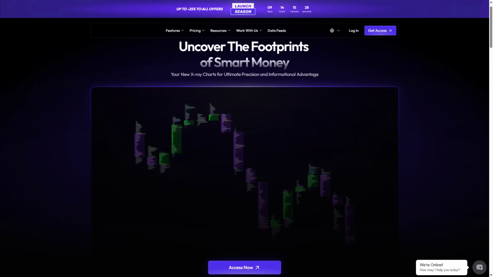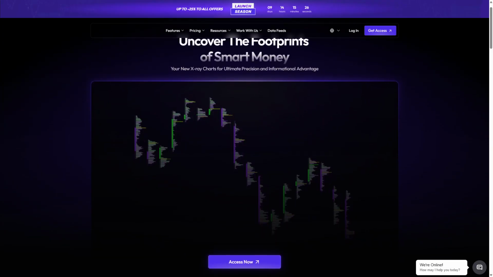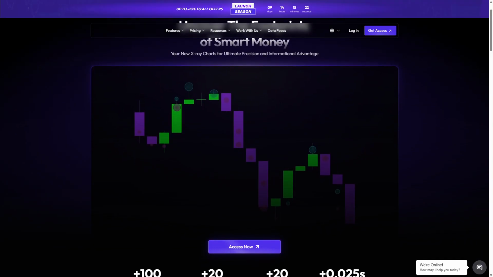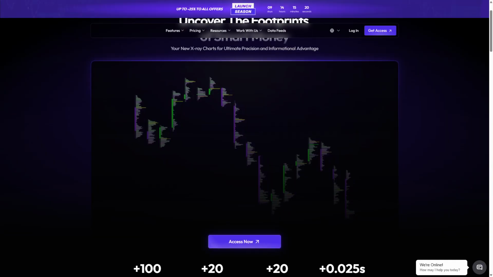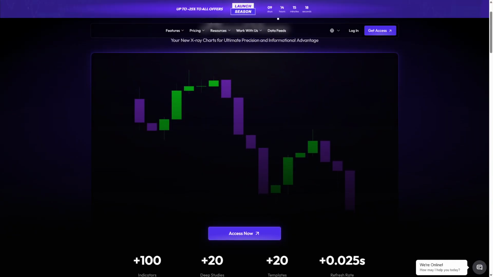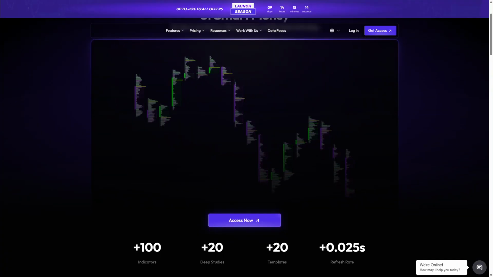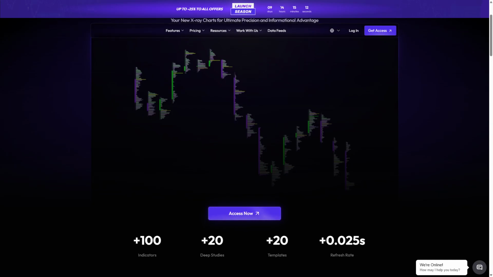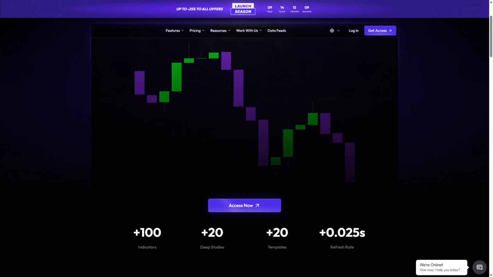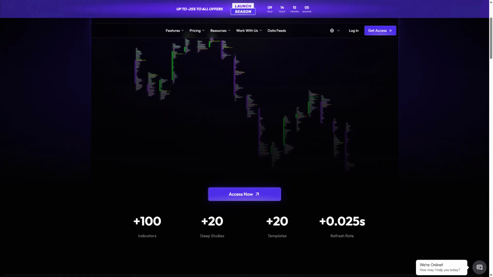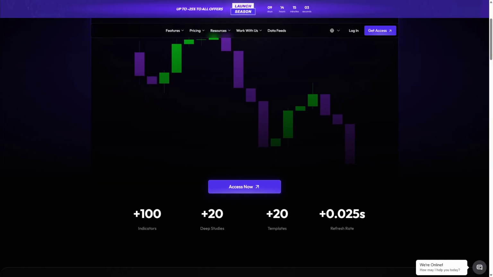both intuitive and insightful. At its core, it offers a range of customizable chart types that cater to various data sets, from simple line graphs to more intricate heat maps. The user interface is quite sleek, making it relatively easy to navigate, even for those who might not be data experts. One standout feature is its ability to integrate with various data sources, allowing users to pull in real-time data